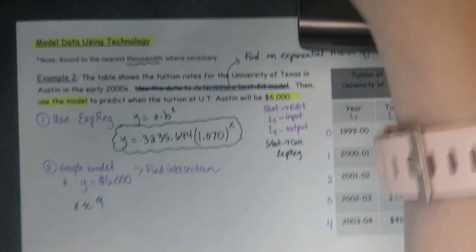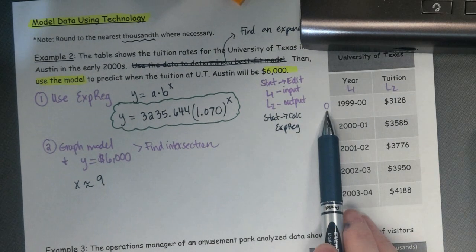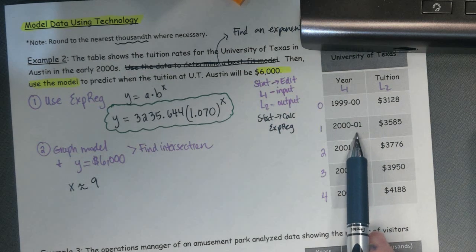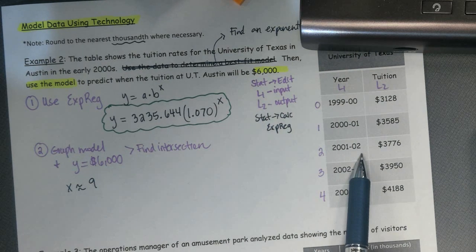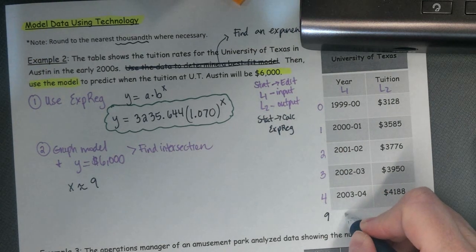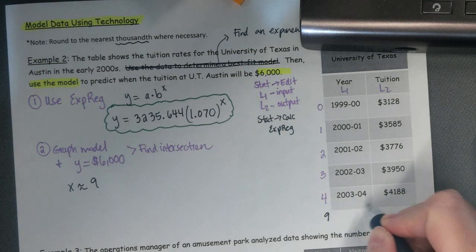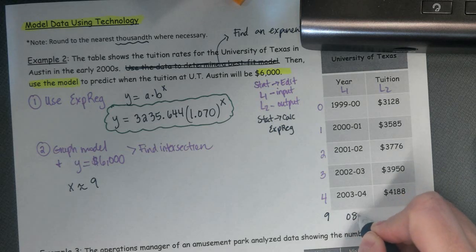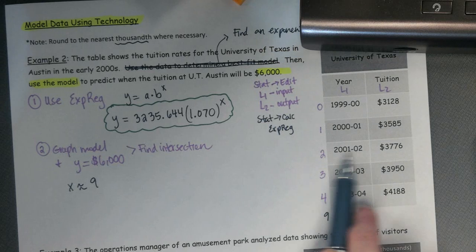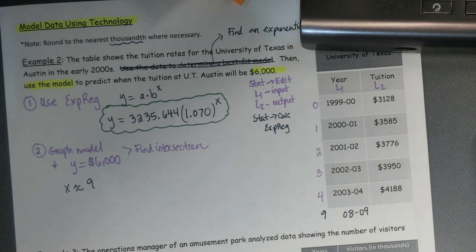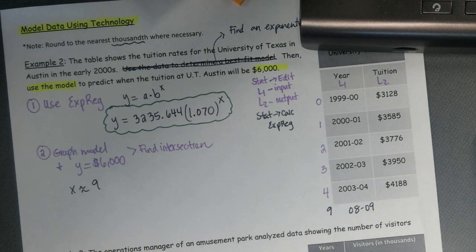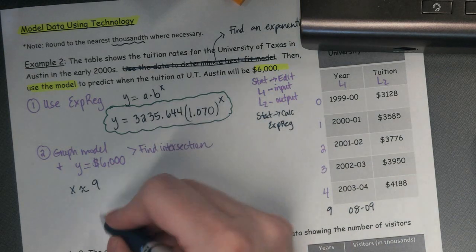So let's look at the correlation here. For year 0, it was 99-2000, 2000 to 2001, 01 to 02. So in 9, what would this be? Yes, 08, 09, right? See how 4 is 4, 3 is 3, 2 is 2, 1 is 1 for the second one? So that means 9 would be 08 to 09. So when would the tuition be 6,000? In the